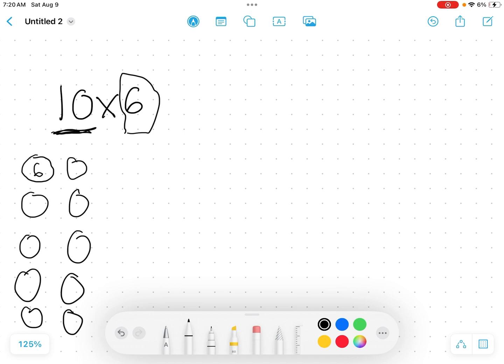So rather than draw each one, I'm going to write a 6, 6, 6, 6, 6, all the way up. So I could count those up. I could do a whole bunch of different things to know that once I add those together, 10 times 6 is 60. Now another way we could do that, of course, we do have our, what's that one that goes